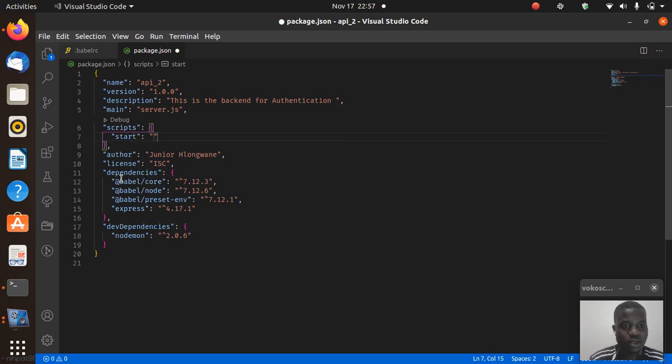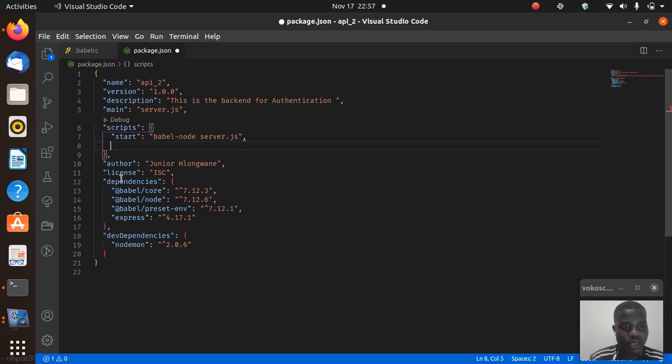So in our start we'll say babel-node server.js, and then we need our dev. So this is what we'll be using. We'll be using Nodemon, but then this is for production, right? And then we'll say nodemon